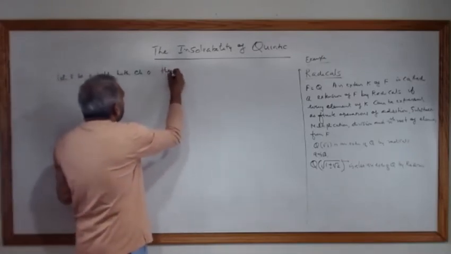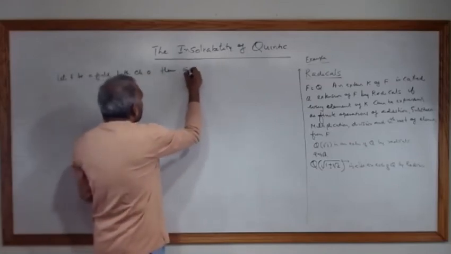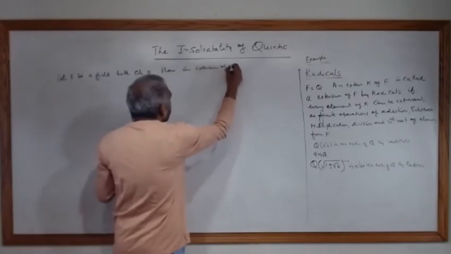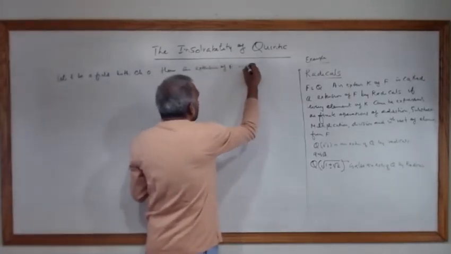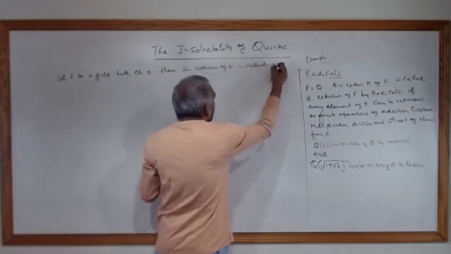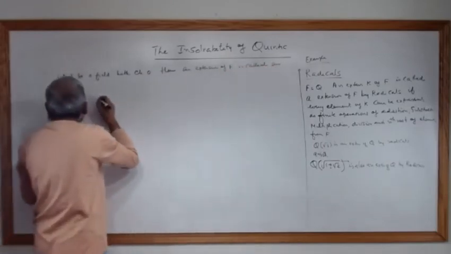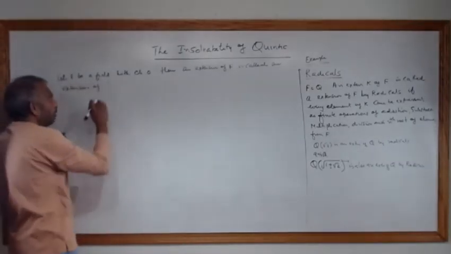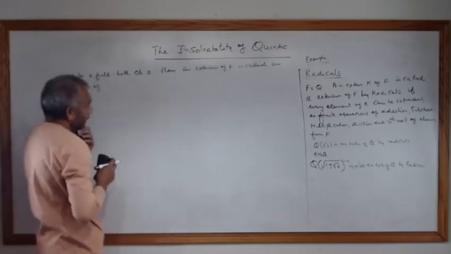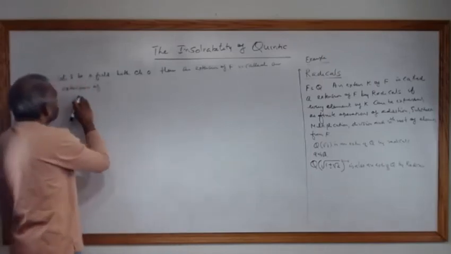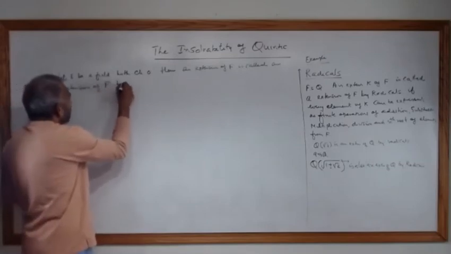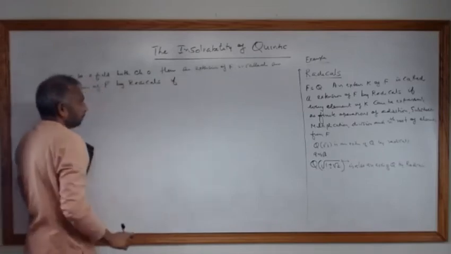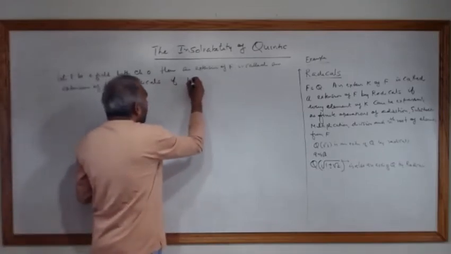Then an extension K of F is called an extension of F by radicals if